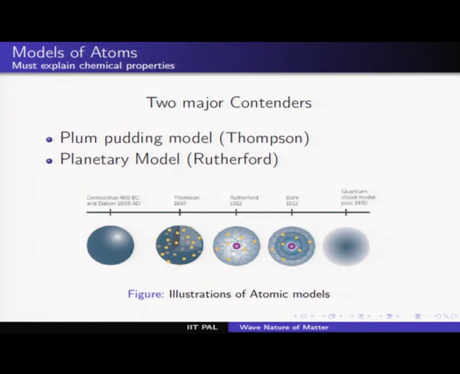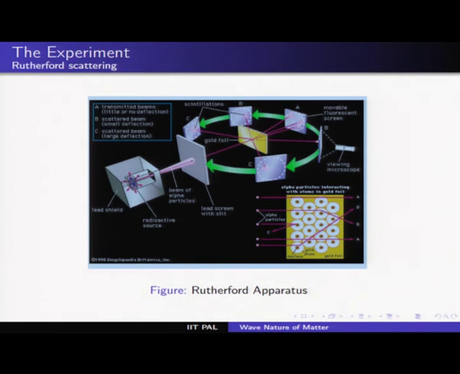So what we have to now do is to actually look at the experimental basis for modeling a what? For modeling an atom. And remember, atom is a fundamental unit of an element, and the element that Rutherford chose in order to probe its structure was none other than gold. It was a thin gold foil. So that is what we want to discuss. So this picture is taken from Encyclopedia Britannica. I hope you people will be able to see this.